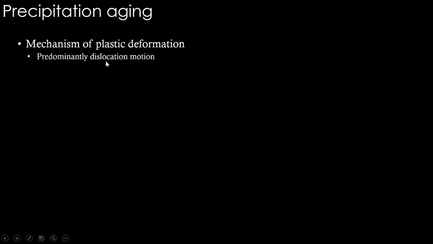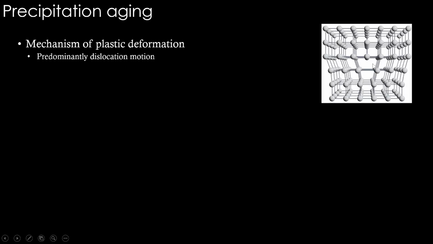That is predominantly dislocation motion. Dislocation is a line defect, you may be aware. So in a crystal lattice, if you see, there are lines of atoms here and these lines are repeated so that you get this plane of atoms. So there is this continuous plane of atoms, there is this another plane of atoms. But there is one plane which is not continuous, there is a half plane kind of thing here.